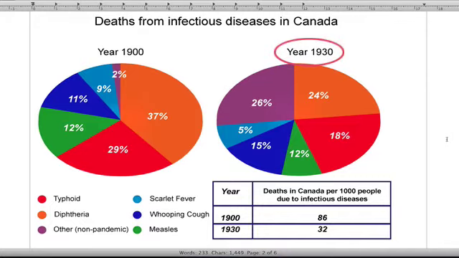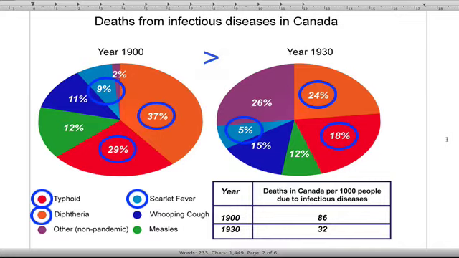So because we are being shown the same data at two different points in time, we can establish some kind of trend. So in this case, it looks like cases of certain infectious diseases in the list diminishes, while